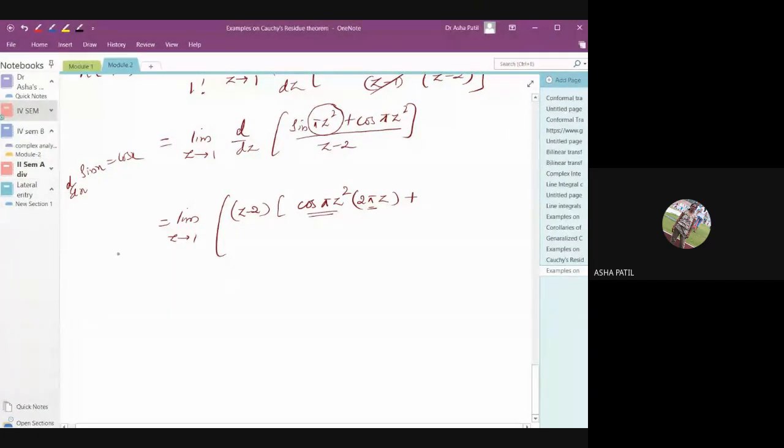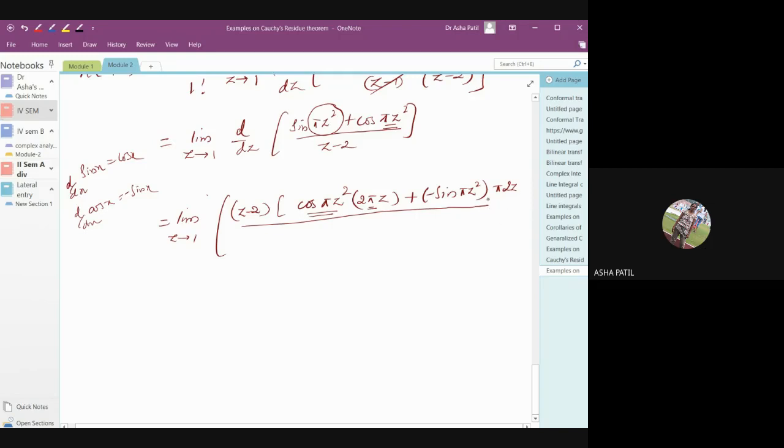The derivative of cos pi z square. So what you get is minus sin pi z square. The derivative of cos x is minus sin x. So we'll have minus sin pi z square into the derivative of again pi z square. Pi is constant, the derivative of z square is 2z, whole divided by, oh, I didn't write one more term. We did only one now.